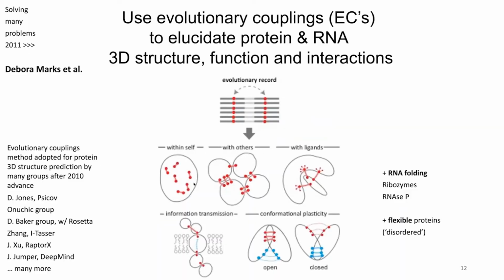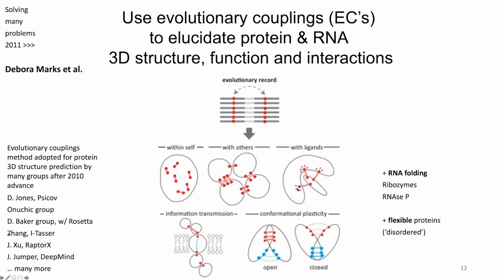And since then, Debora Marks in particular and her group, with my collaboration, solved a number of other problems, including RNA folding, ribosomes, RNase P. We then looked at complexes. David Baker's group had very nice papers, in fact, that came out a few months before ours, using evolutionary couplings between proteins to get protein complexes, interactions